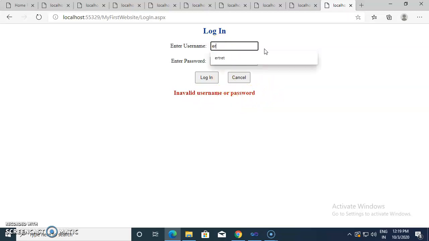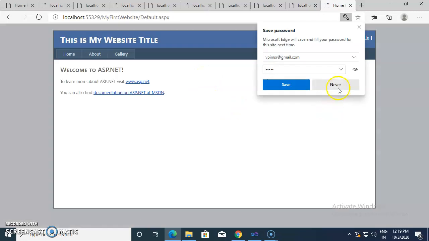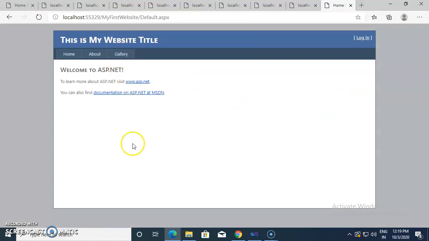Now if I give vpimsr@gmail.com and password as 12345, and click on login, then we redirect towards the home page.